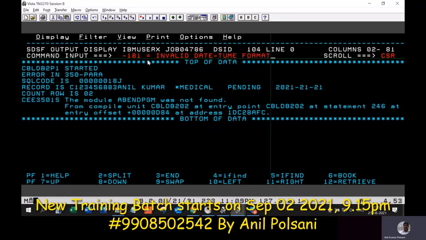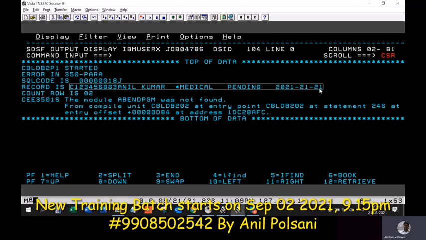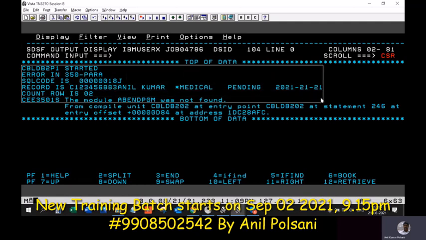Invalid date time format. That's fine. That's what the record we got on the display also. After processing 2 records, the third record is where we got the error. So our program displays are working perfectly.